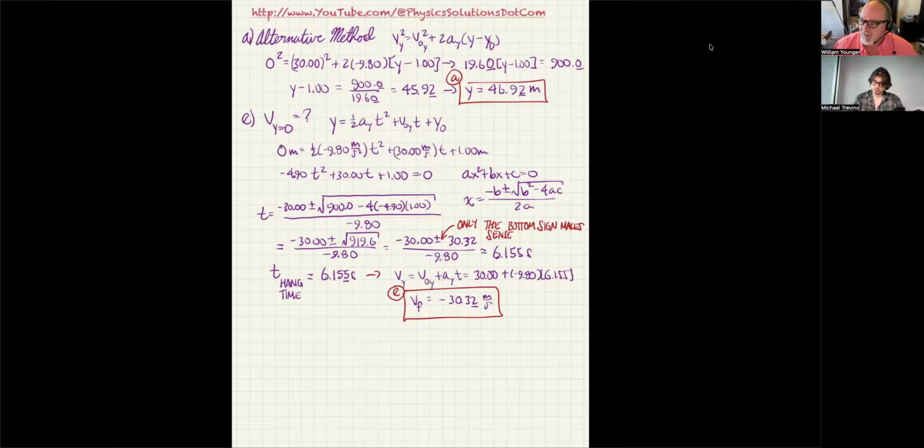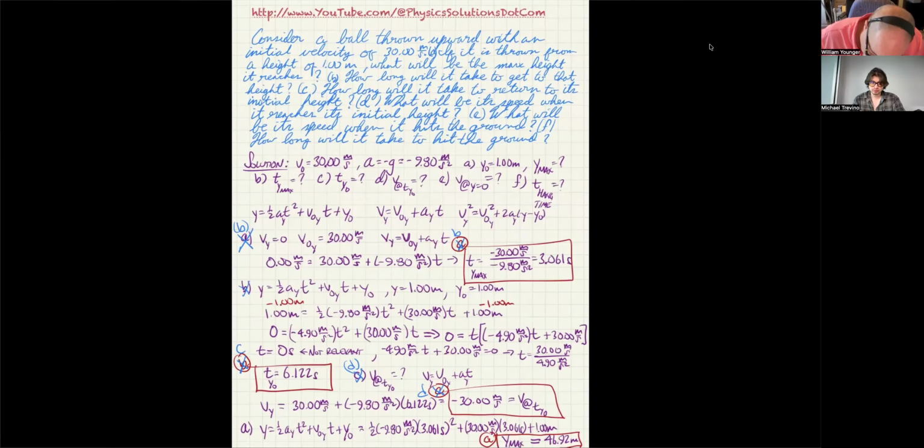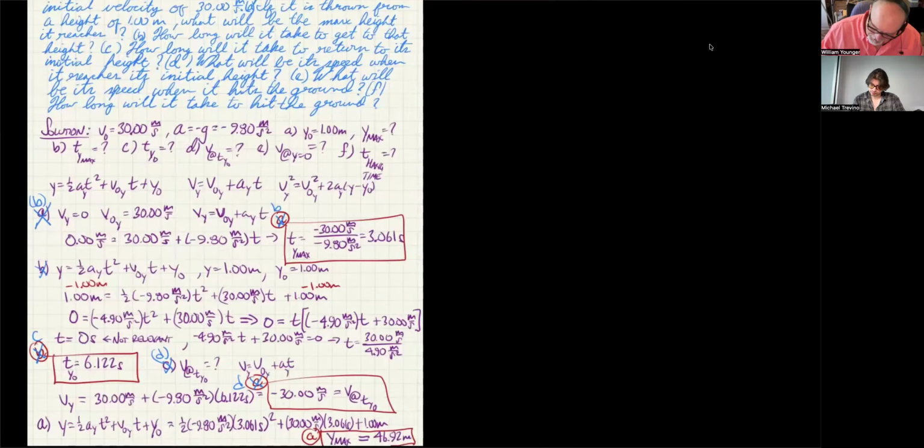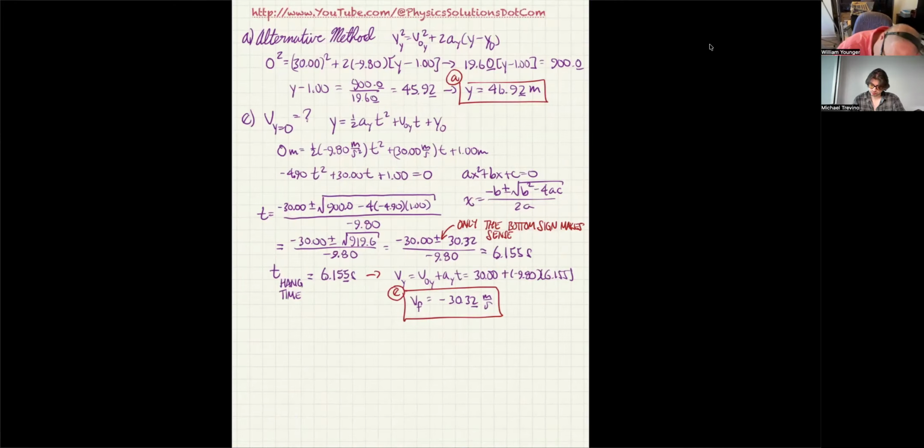Well, it's only going to be zero for a split second because it's more than likely going to bounce a little bit. So really, it's just the velocity that it has at that time that is sufficient. Now, that was part E, and then part F said, how long will it take to hit the ground? That was the T hang time that I told you about, so I've already worked that. So part F is T hang time